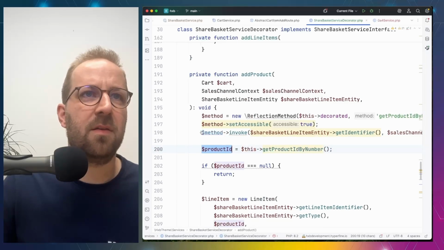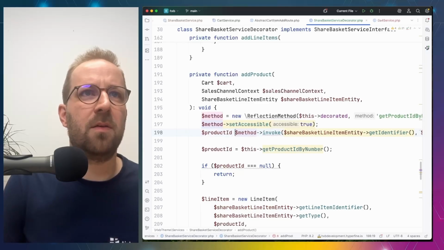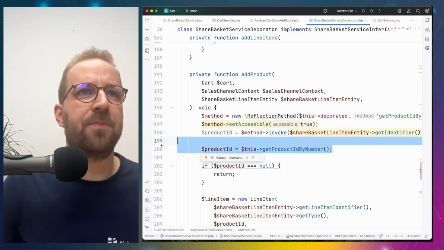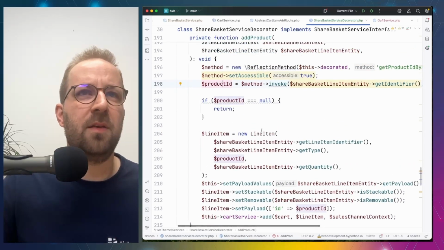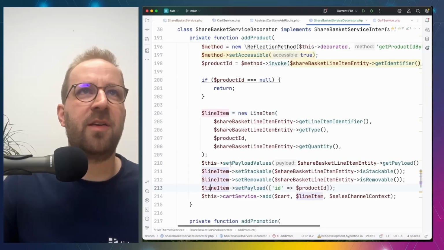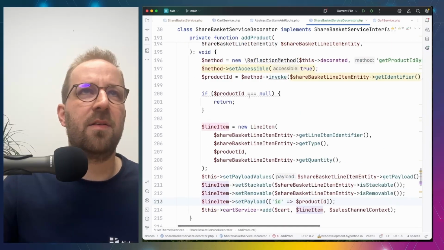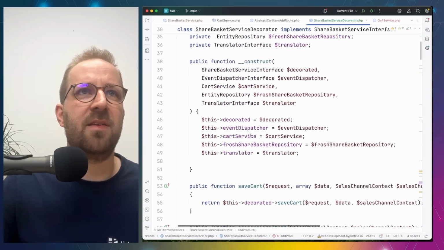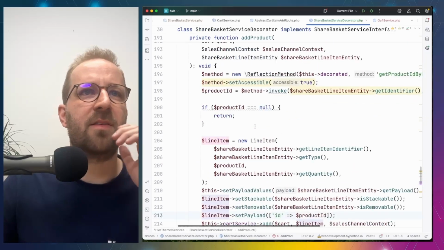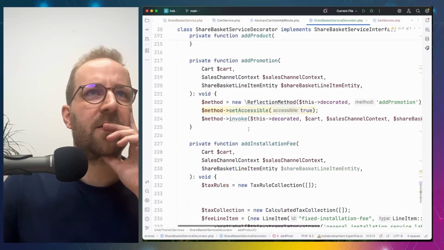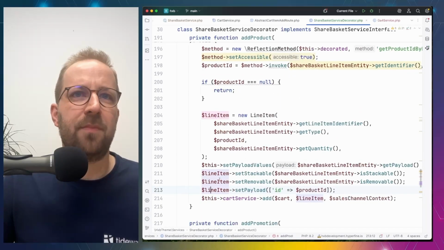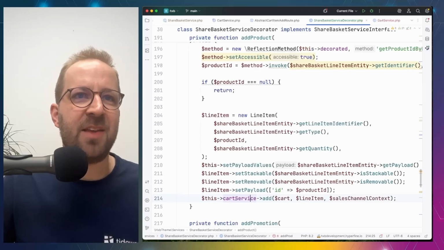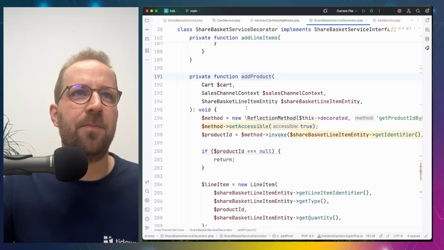Product ID, create a new line item, and then something we do different now. Add product. Okay, the problem is that this is an interface. So my idea would be: add product returns the line item, and then at the end we call the cart service with the list of line items. However, we cannot really return it here. So let's